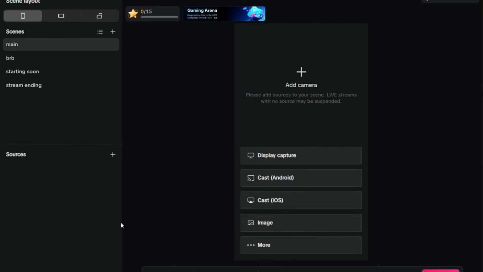This is going to be a video about how to add sweet looking overlays on TikTok Live Studio. All right, so I'm going to be using one of my own created overlays, I actually create them, and you can